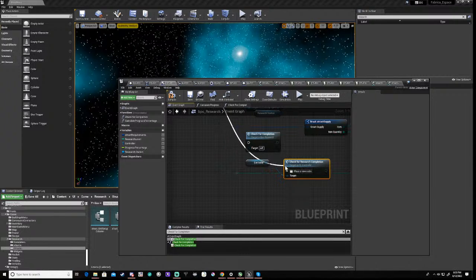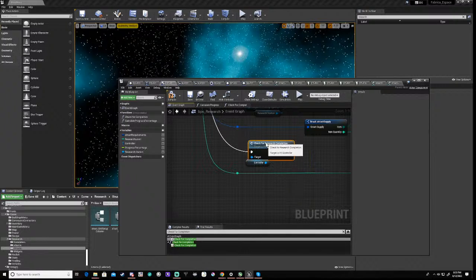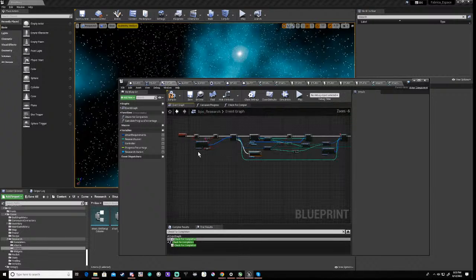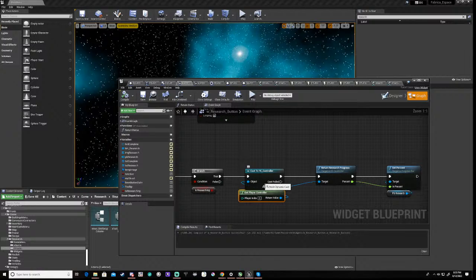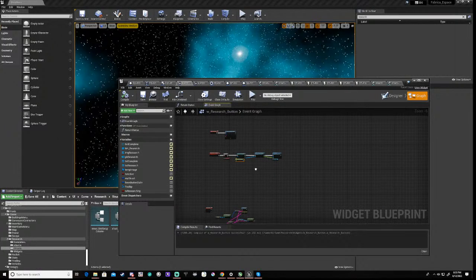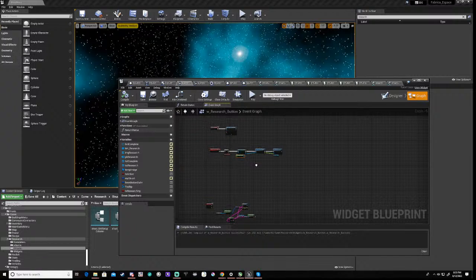So this is going to go in here, so that every time we add one to the amount completed, it does it in the FE controller, right? And now in our research button we get this. Okay,